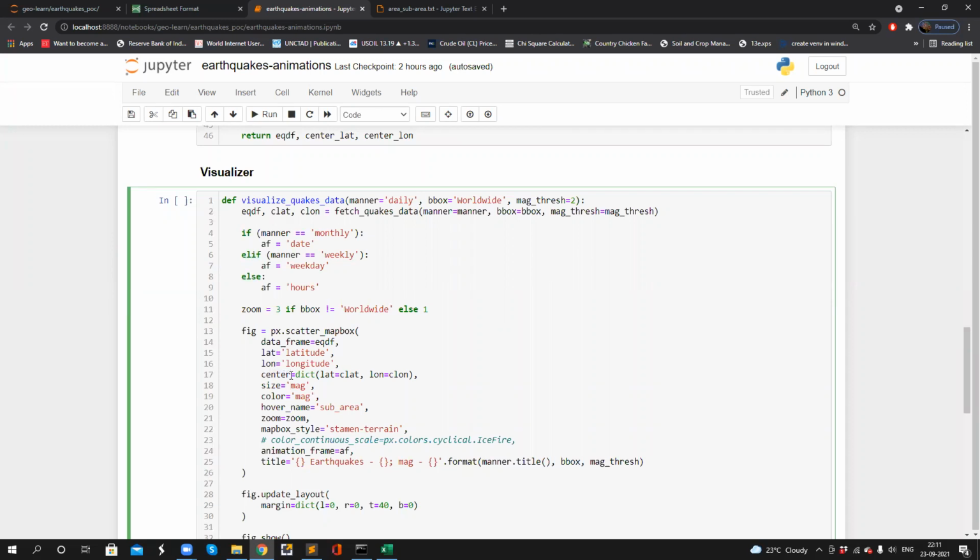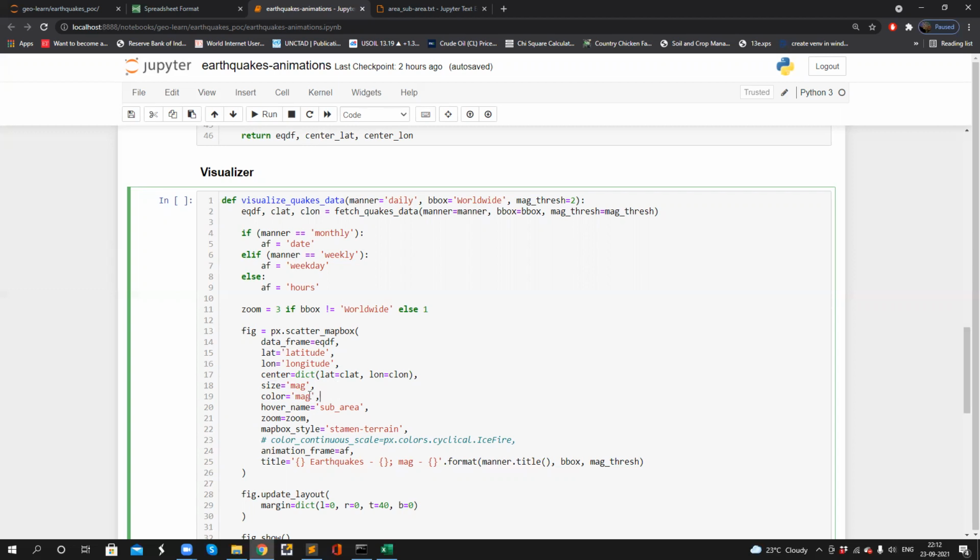It's a parameter in this method, and we have a dictionary value for it, wherein the center latitude is CLAT and center longitude is CLong. And we also want to design the marker based on the magnitude value. The marker size is decided with the magnitude column and also the color scale.